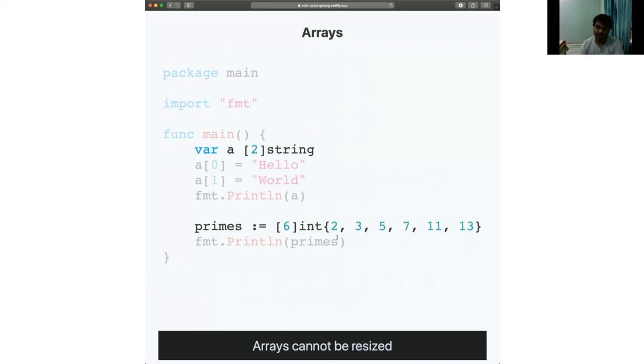So arrays in Go are not resizable. It seems like a really limiting feature, but it actually isn't. I'll talk about how Go provides support for working with arrays that need to be resized or things like that.